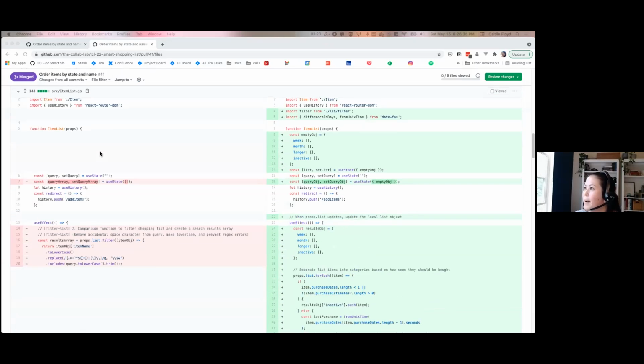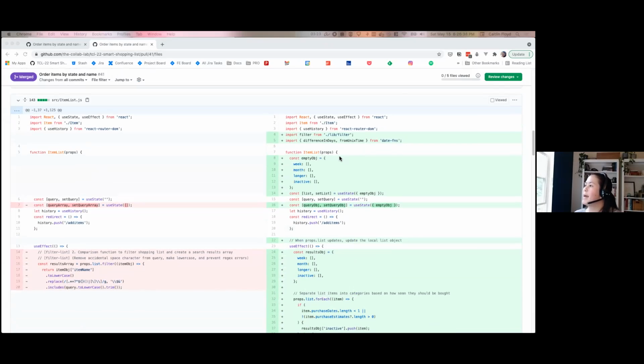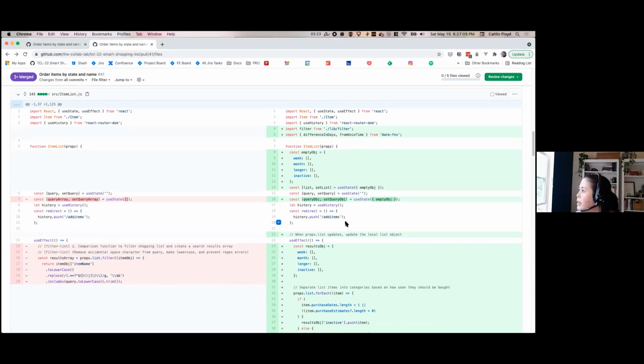item list component. Basically what we were doing is we already had all of the data for the most part in the code, but we were just trying to organize how the code was displaying on the page. And so we wrote a few functions in order to organize that data. So basically we have this object called